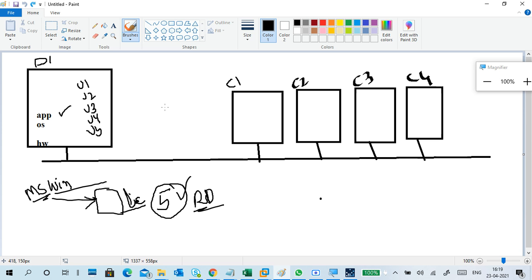In remote desktop, I log off and you log in. That is the remote desktop type. This time I log off and you are accessing, you are logging in. So only one user. Desktop sharing like VNC is desktop sharing. Real VNC, Tiger VNC, Tight VNC, whatever the name is. So VNC is remote desktop sharing. TeamViewer, Google Meet, Skype. Now a lot of applications are there to share the desktop.